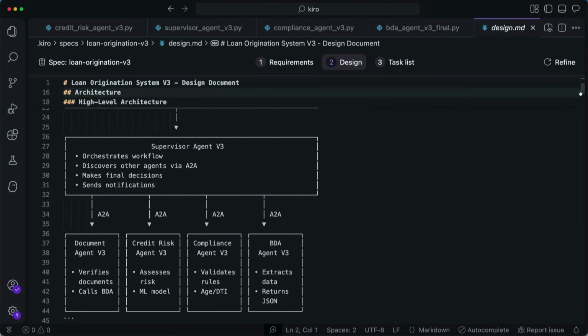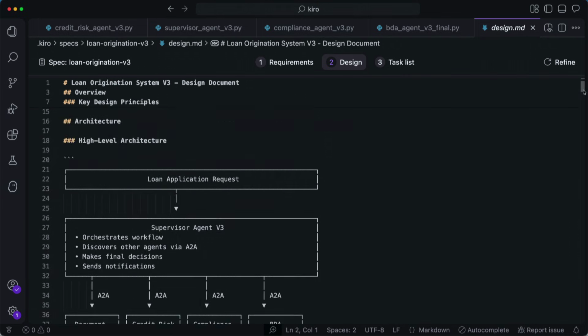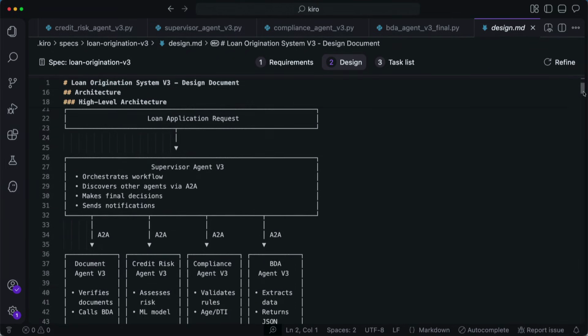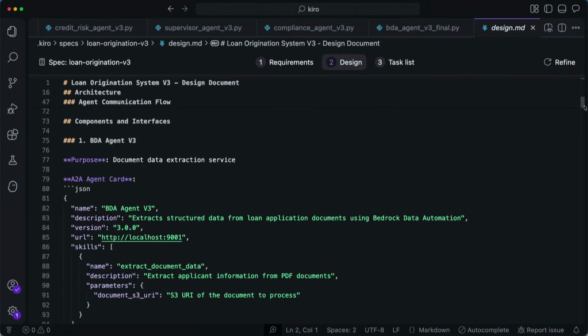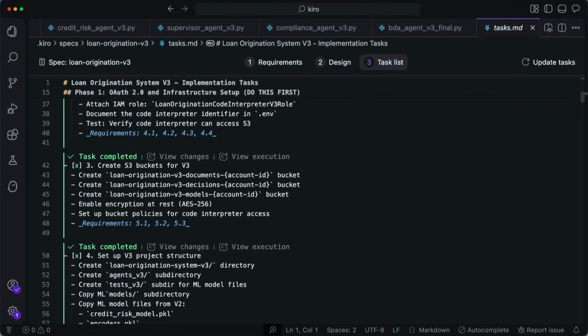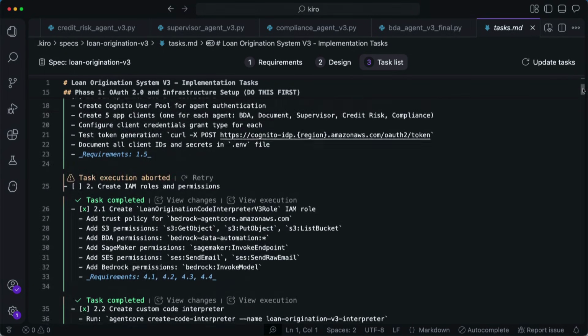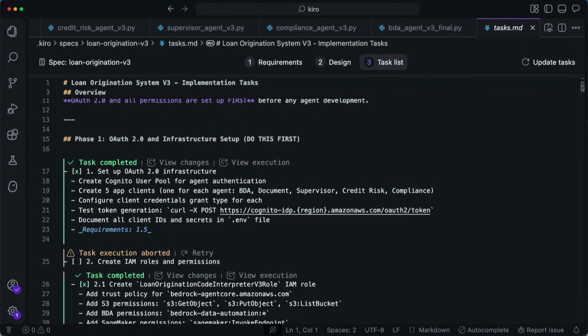So it comes up with the as-built architecture, the loan request coming to the supervisor agent, which is then communicating using A2A with all the specialized agents. So lots of information when you work through this in terms of what the design should be, and then into the tasks. It's doing the tasks in a phased manner, starting with